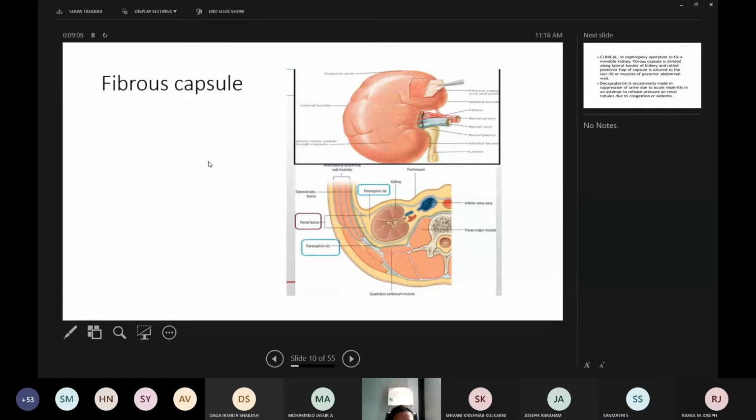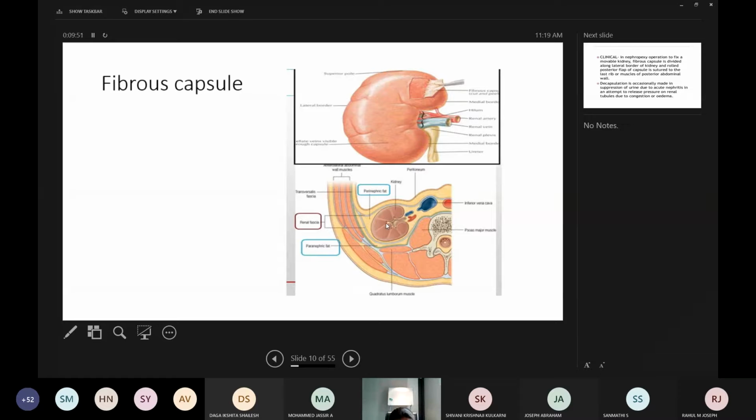We study them in detail. The fibrous capsule is nothing but the condensation of the fibrous stroma of the kidney. Wherever you get a true capsule, it is formed by condensation of the stroma of that organ. This true capsule can be stripped off if the kidneys are normal, healthy kidneys. Here you can see the true capsule stripped off from the organ. In granular kidneys or cystic kidneys, the capsule cannot be stripped off easily.